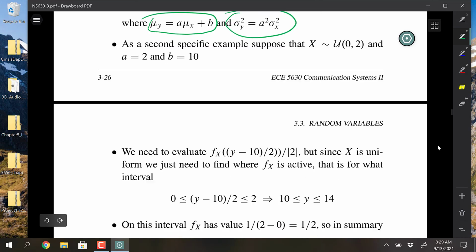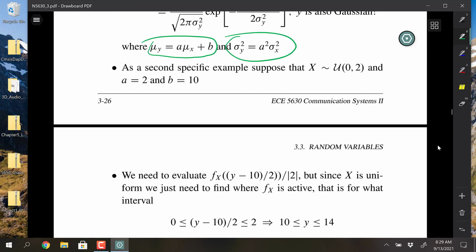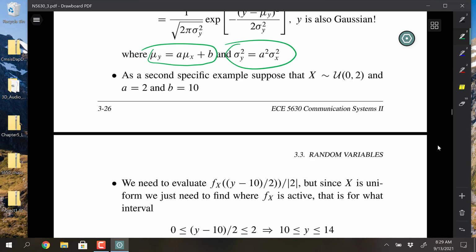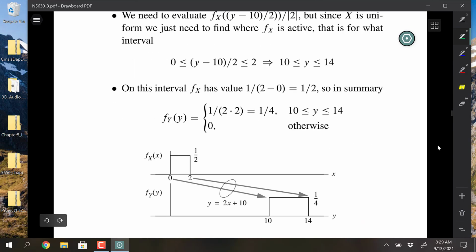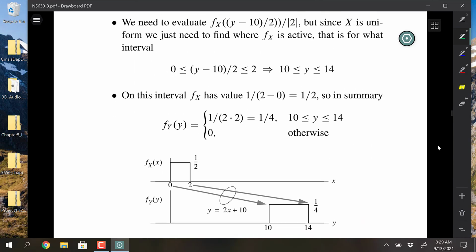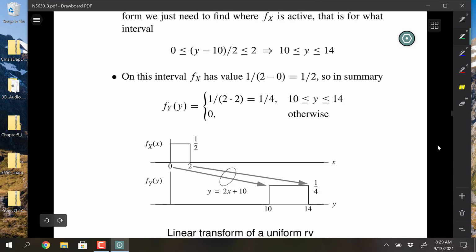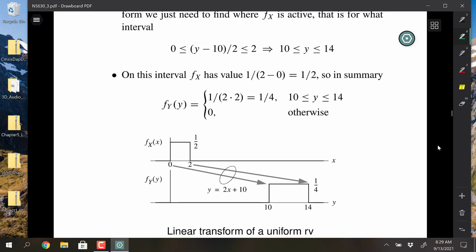So that's the second example here, and this is, suppose x is uniform on 0 and 2, and a and b are 2 and 10. So we could go through the theorem, and that's kind of what I did at the top bullet there. But when you have a uniform random variable, I think you're more apt to just do this one in your head and say, okay, uniform on 0 and 2,